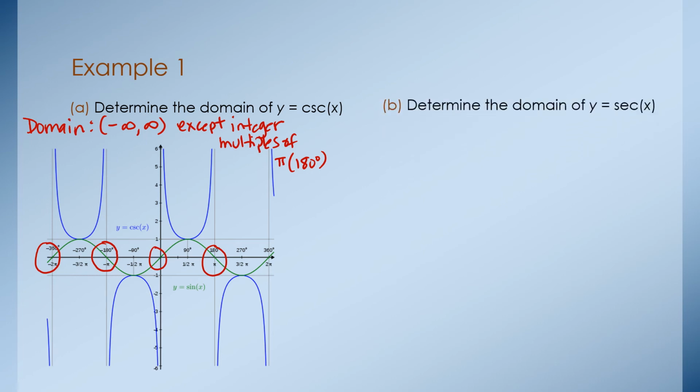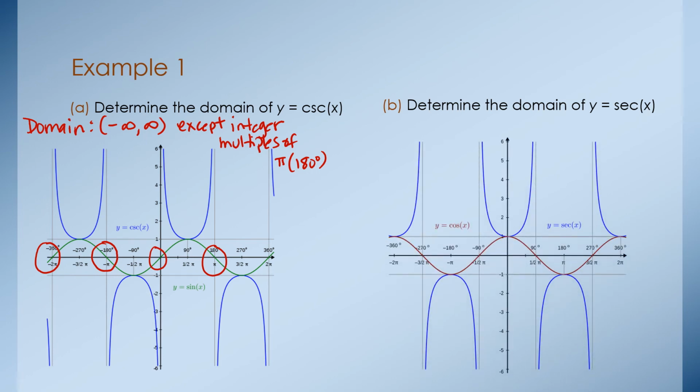Now let's determine the domain of the secant function. And there's the picture. And I'm going to say the same thing. I'm going to say that the domain is from negative infinity to positive infinity, except where we see those vertical asymptotes. And that would be at integer, where's that going to be at? Integer multiples of what? Let me see here. So it looks like at negative 3 pi over 2, negative 1 pi over 2, 1 pi over 2,